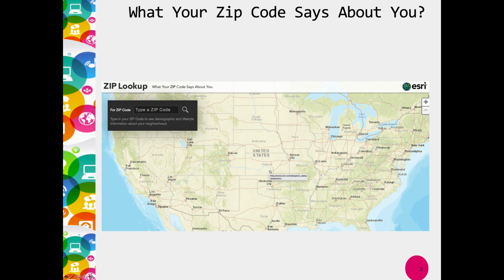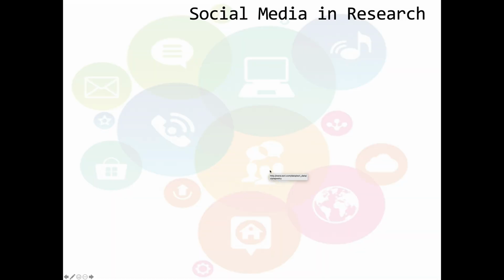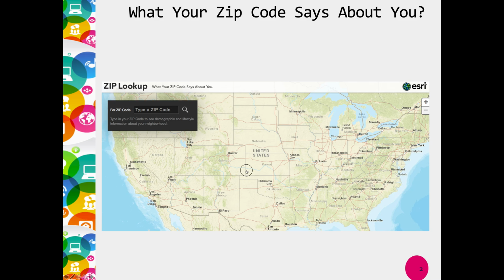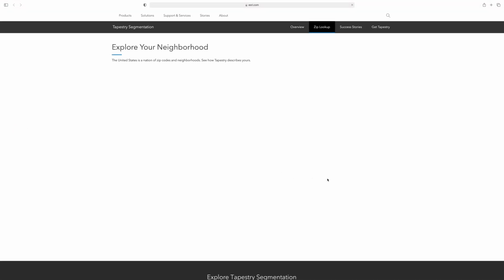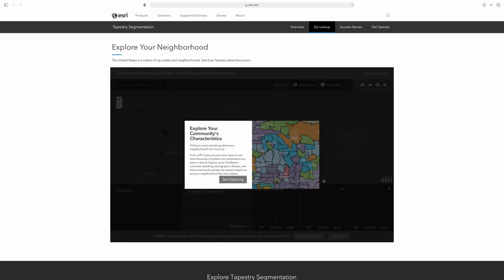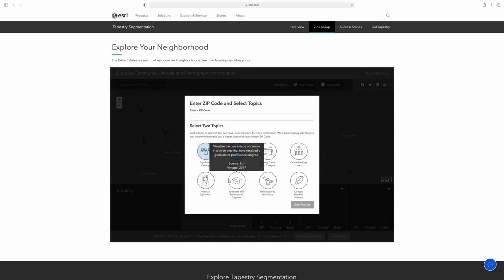This is a free tool you can use from Esri, which is a zip code lookup item where you can find information about your neighborhood for free. So I'm going to enter in